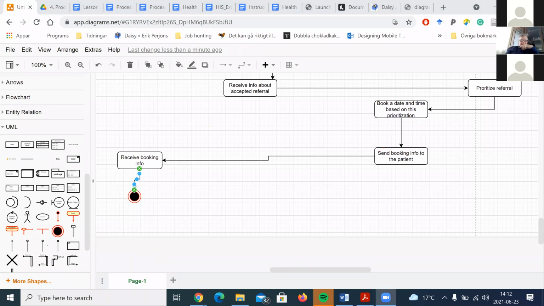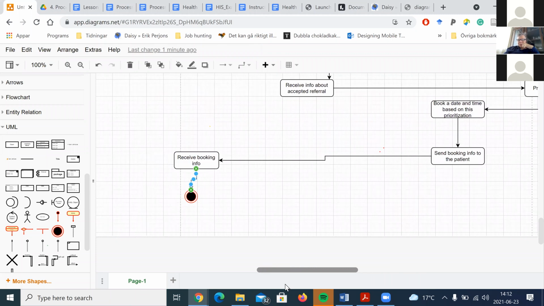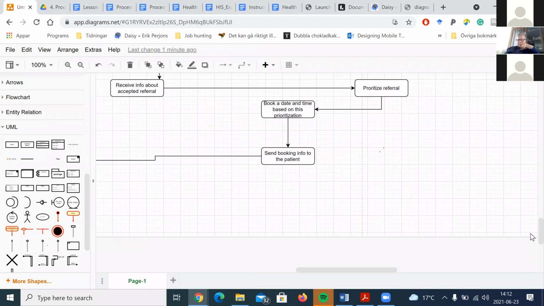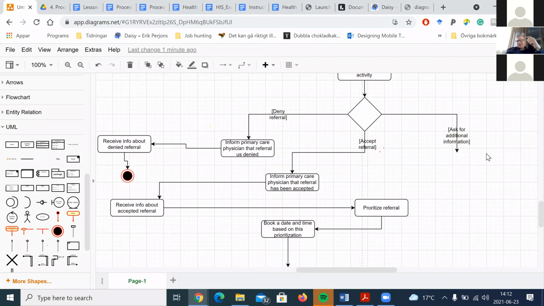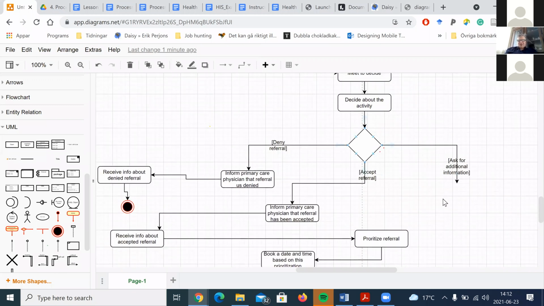Thank you, and please add more information in the chat if you have some questions. It's very nice. Now we have only one of these conditional paths left, where the group of physicians is not so happy. They think that the referral doesn't have all the information needed. So in this case,